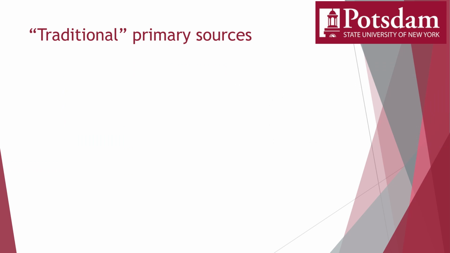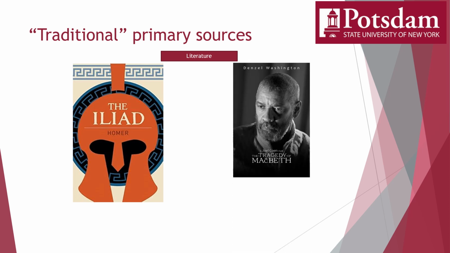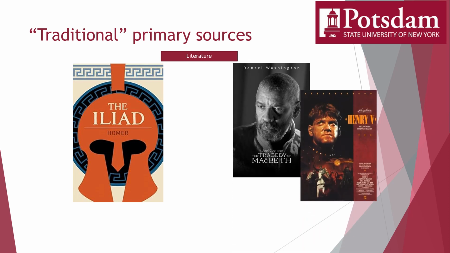Novels, poems, plays, and other forms of literature can be primary sources too, but you just need to be careful with how you're using them. The Iliad, by Homer, written nearly 3,000 years ago, is an account of the Trojan War, while many of Shakespeare's plays, such as Macbeth and Henry V, are about real people. But Shakespeare wrote his plays hundreds of years after those people lived, and he made up the dialogue he has them say, while the Iliad includes mythical gods and heroes. So you wouldn't want to rely on those as historical primary sources for how events actually occurred or what people actually said.